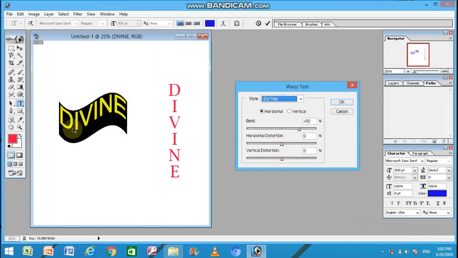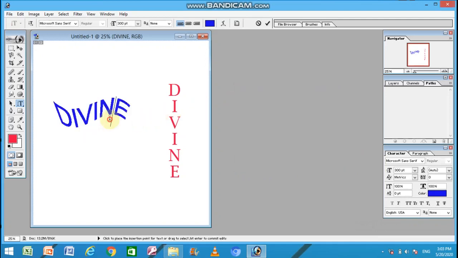You can see the text is converted into a flag type, banner type of text, and these different settings like bend, horizontal distortion, vertical distortion will allow you to do modification into the flag style. So in this way you can create a beautiful text into the Adobe Photoshop. So I think students, now you are able to type a text onto the Adobe Photoshop window and you can do various modifications